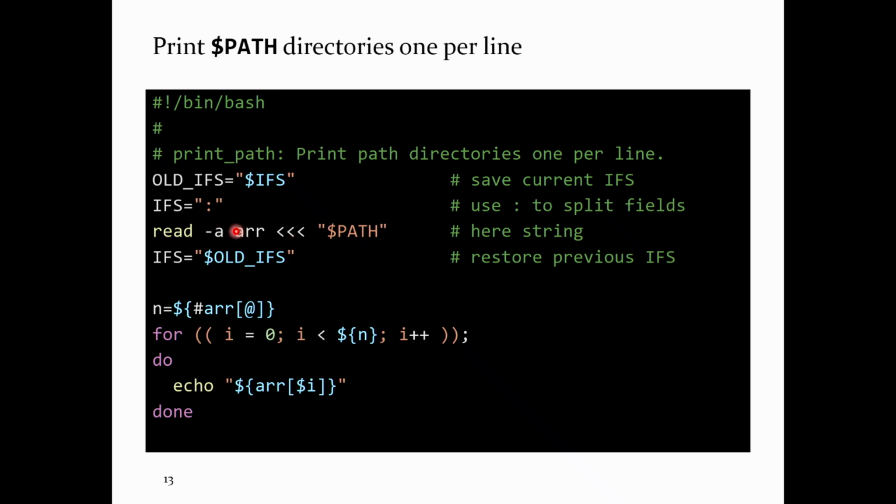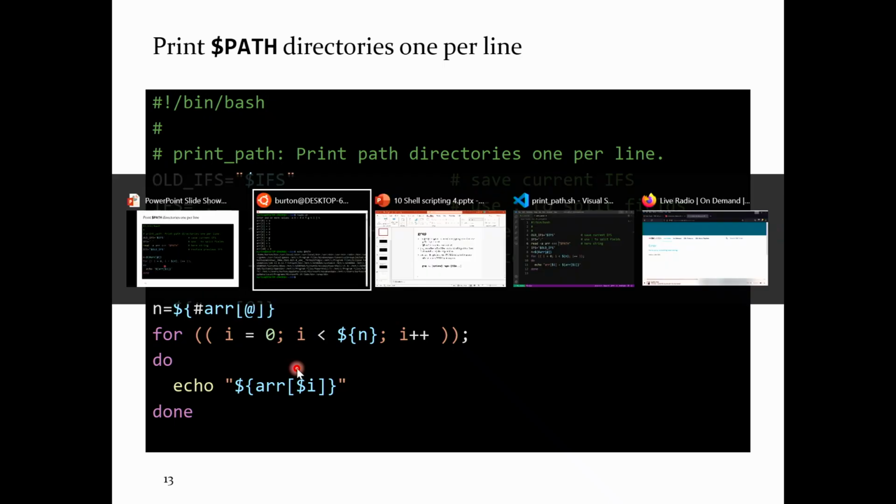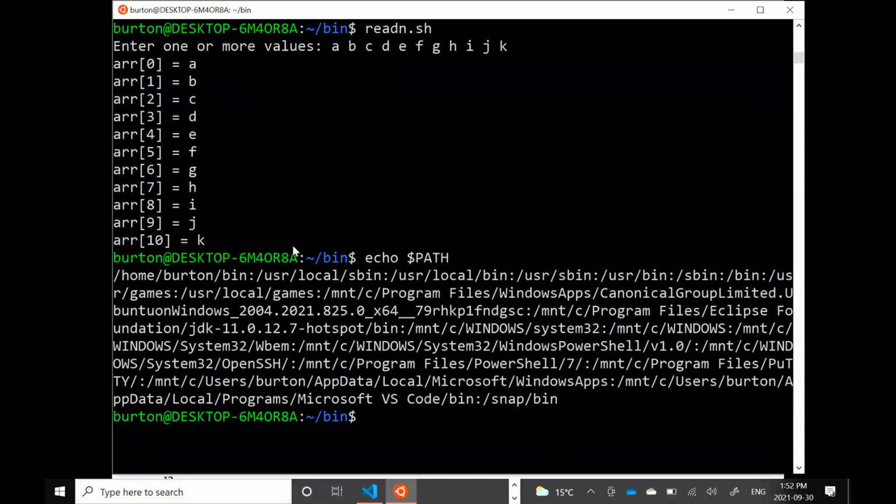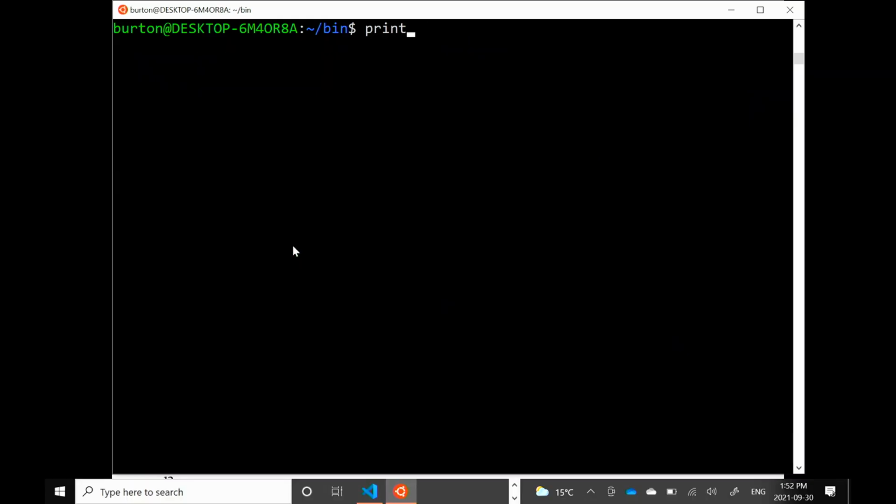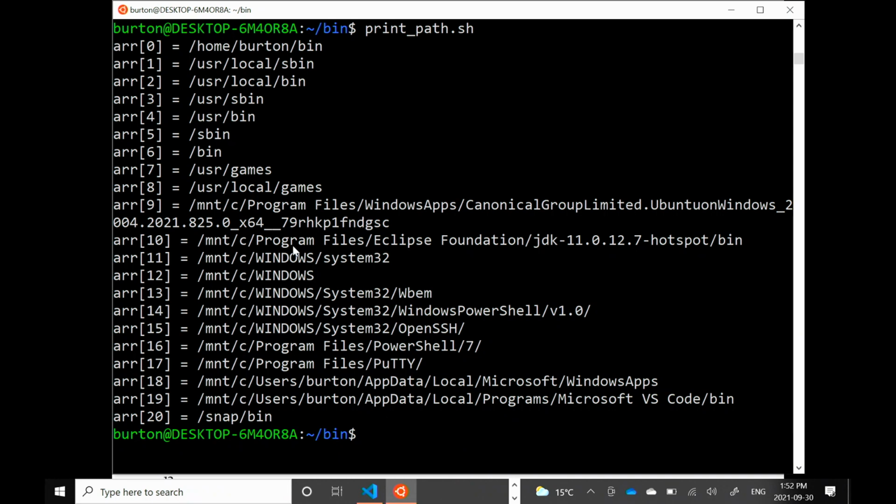And then after I'm done reading, using the colon as the splitting character, I reset IFS back to its original value. And then you go ahead and print out everything one per line. I don't know if I have this on my computer. Oh, it does work. OK, good. So if I run that program, it gives you that. It takes my PATH, splits up all the directories, and stores each one in an array,